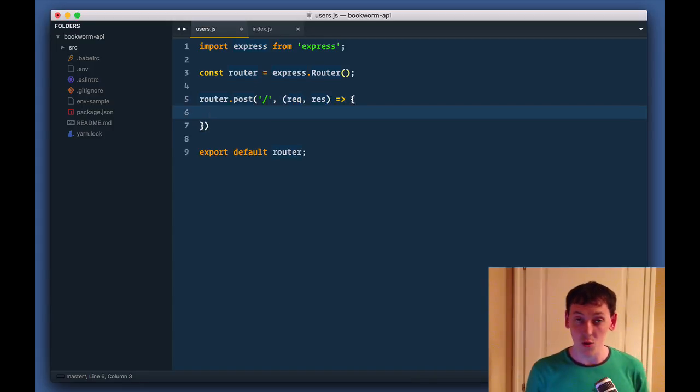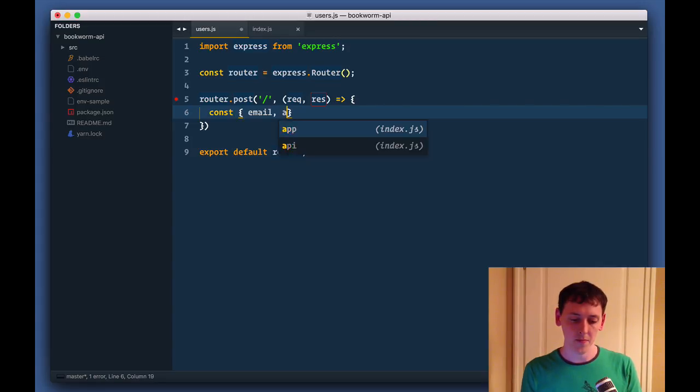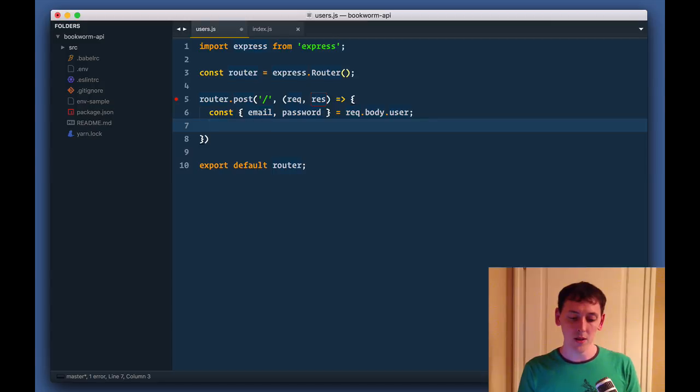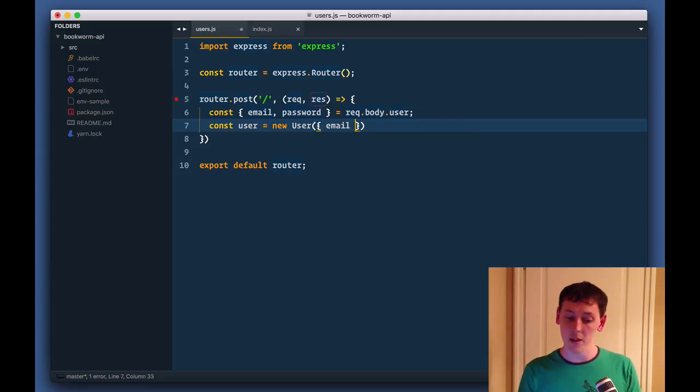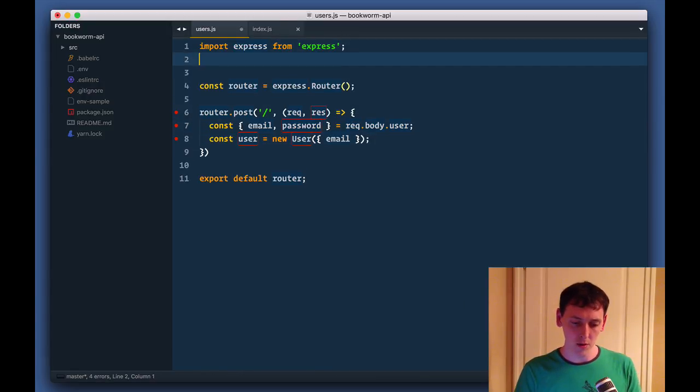So what we want to do here, first of all, we want to create a new user model. So let's get email and password from request body credentials, request body user. And now we need to create constant user equals new user. And we pass that we want to have email equal to this email. And that's it, because we do not want to pass password. In our model here, so let's import this model, user from